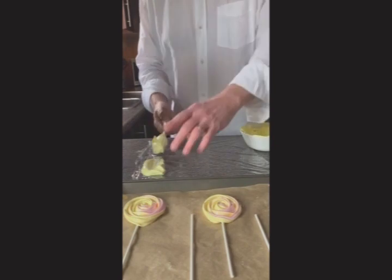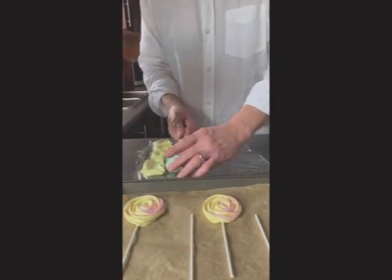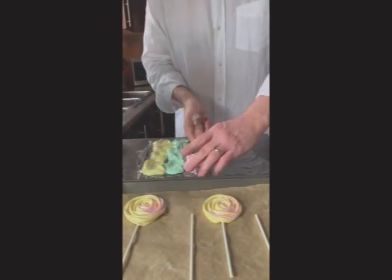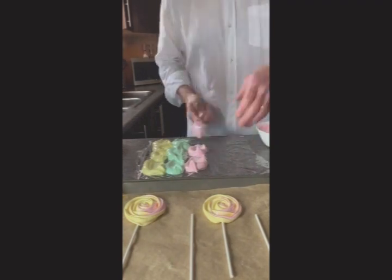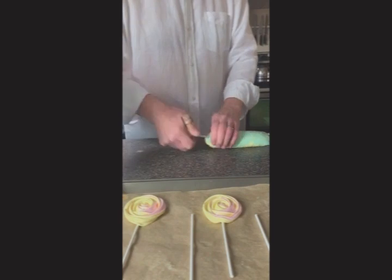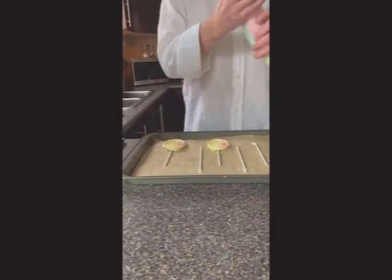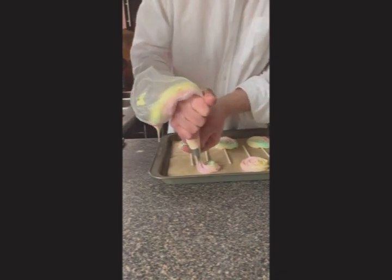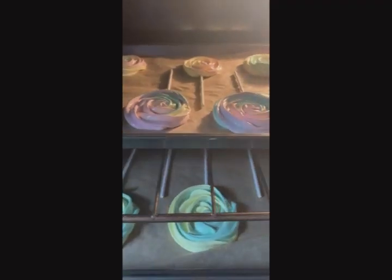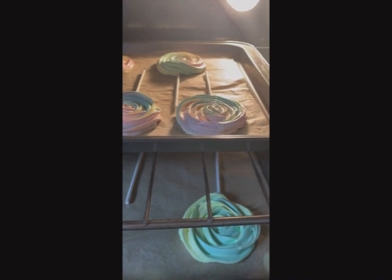And finally, the big kahuna, we're doing 3 colors. I've done 4 colors before, but it's possible. You can just keep going. And again, roll it the same way in your piping bag. And I'm using a 1M tip, which is a really great tip for this kind of project. There you go. Bake in the oven at 200 degrees Fahrenheit for 2 hours because they're pretty thick, and